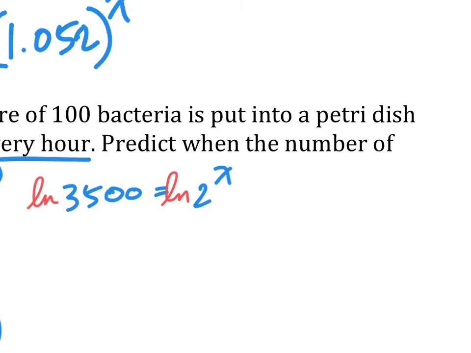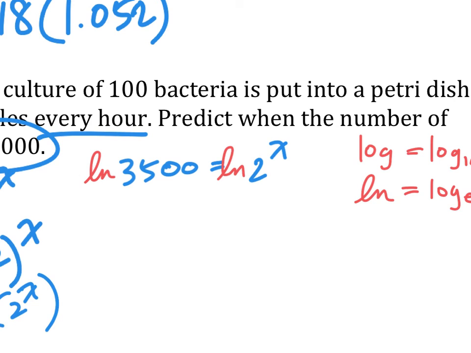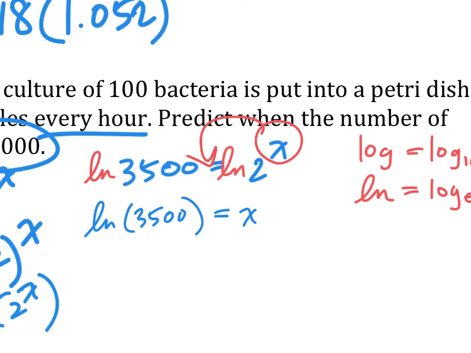There are two kinds of logs that you use most often, log and ln. Log means log base 10. Ln means log base e. Very quick review. Those are functions you can find on the calculator. If you remember, if you put a log in front of something that has an exponent, one of the rules is you can bring this exponent down. So this becomes natural log 3,500 equals x natural log